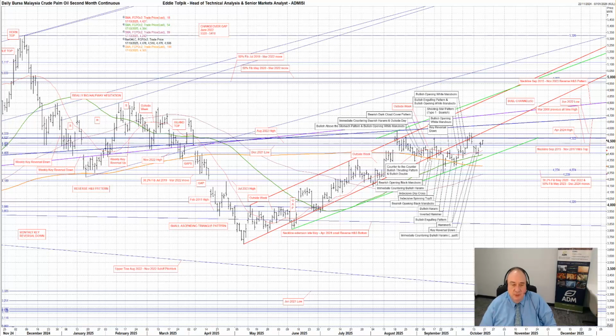Bursa Malaysia crude palm oil. To start with, as I've done for many months now, I'd look to the wide congestion area that's overhead between 44.08 to 45.59. We tried as recently as last week to try and pierce it once again and failed, though we're still hanging around the lower edge of this congestion, supported in the immediate time by the rising green short medium moving average, currently